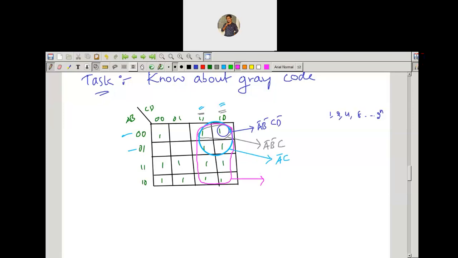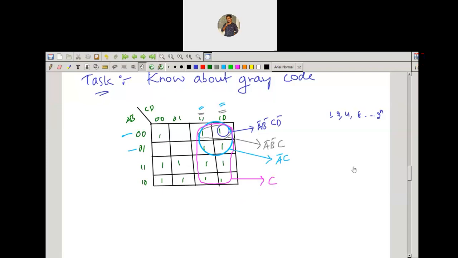So you can observe on the left side, there is no common variable. Okay, well done. On the left side you are engaged with 4 rows, and the 4 rows have different values, so there is no common A variable or B variable. Coming to the top side, only C is common, and the C value is 1. So the expression is C only. If you observe from 1 cell grouping to the 8 cell grouping, the expression is being simplified.